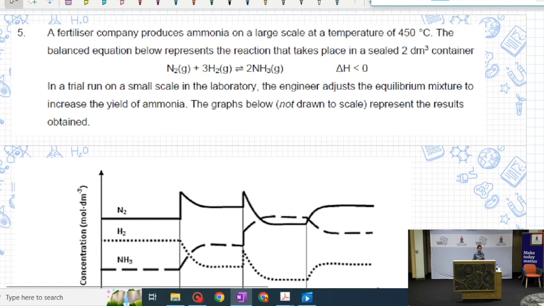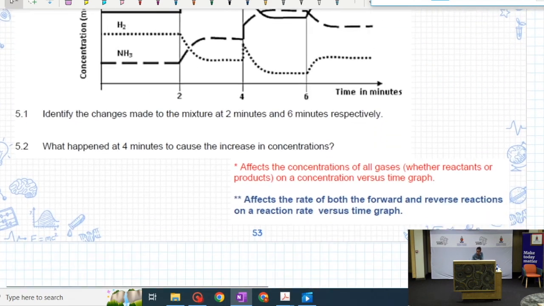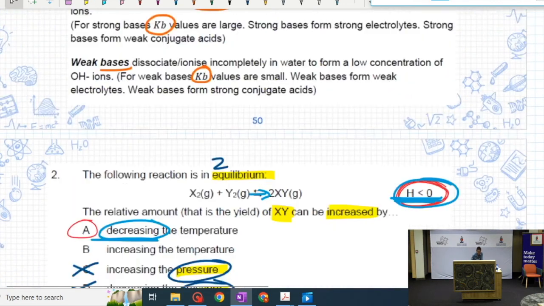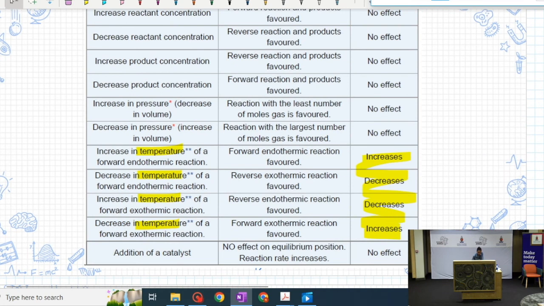We won't actually answer all of the questions. You don't often get graphs, but some of you really struggle with these graphs when it comes to your chemical equilibrium. So in the notes, I just made notes that are in red and blue, I hope. Over here, if you look at this, it refers to the table, which you guys of course have in front of you. And I was basically saying that pressure, if we are looking at pressure,